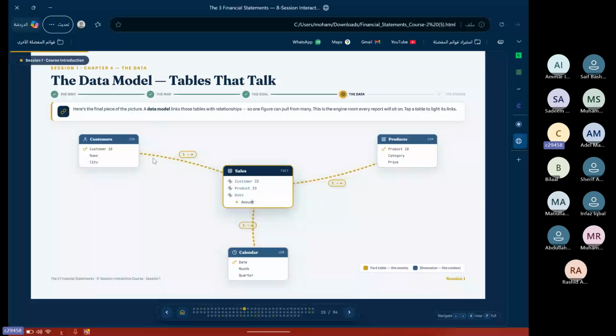And you will find here that we connected by the ID. Your customer ID is here as a key. It's not repeated, it's unique. As we explained before, your Iqama ID is not repeated with any other citizen or any other person in Saudi Arabia, for example. So we will connect this customer ID with this customer. And here it's 1 to many. In this table, your customer ID cannot repeat.